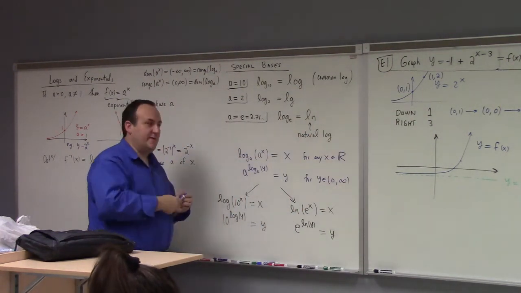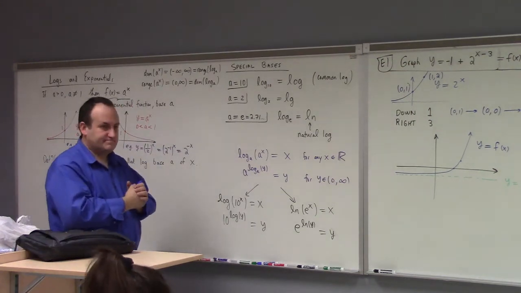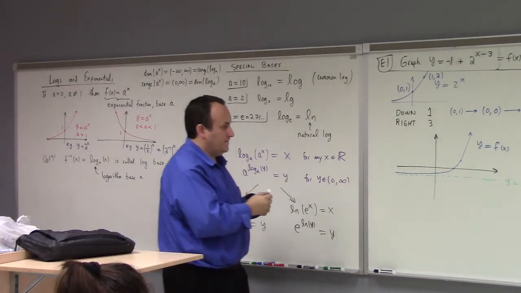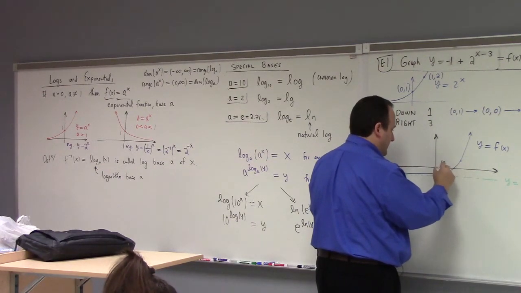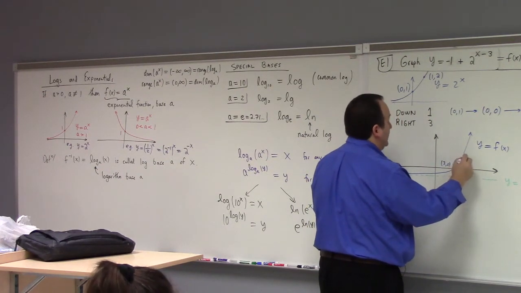What's the domain and range for this one? And if you're not content with that, you could track more than 2 points, right? You could track